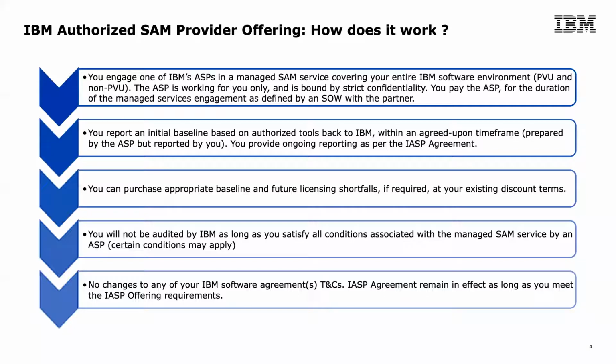Angle Point serves the client in terms of the provisioning of reports, provisioning of everything that they do technically on an estate. They do not discuss any of the information or reports with IBM. It's the customer who has signed the IBM IASP agreement who is then obligated, once they agree with their IASP's reporting, to onward send IBM that periodic report. Whether it's quarterly or 6 months is something that we discuss with our clients. We prefer it to be quarterly.